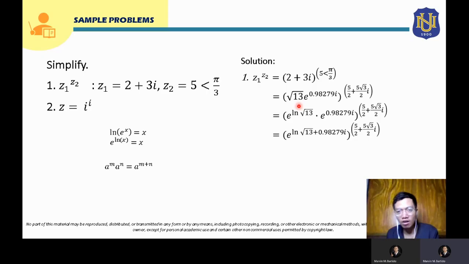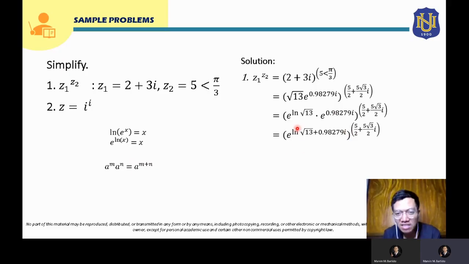From here, we can also apply this law for exponents. For terms that have the same base, let's say a, and if they have different exponents, we can actually add their exponents. So that will be a raised to m plus n. So we can apply this here. Since we have the same base e, we can add the exponents. So that will be e raised to ln square root of 13 plus